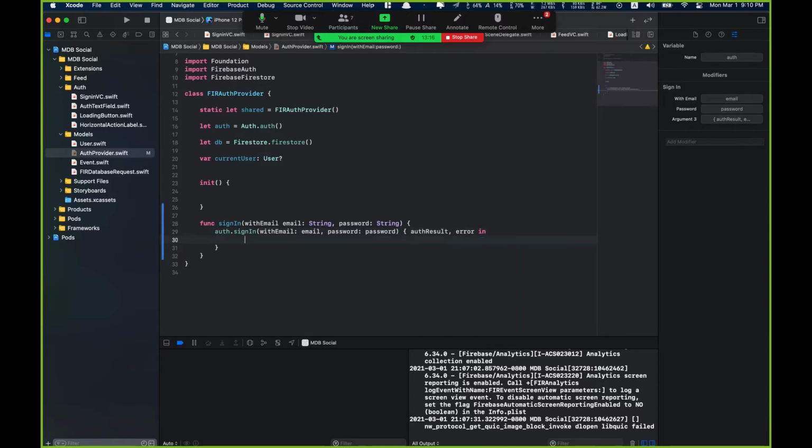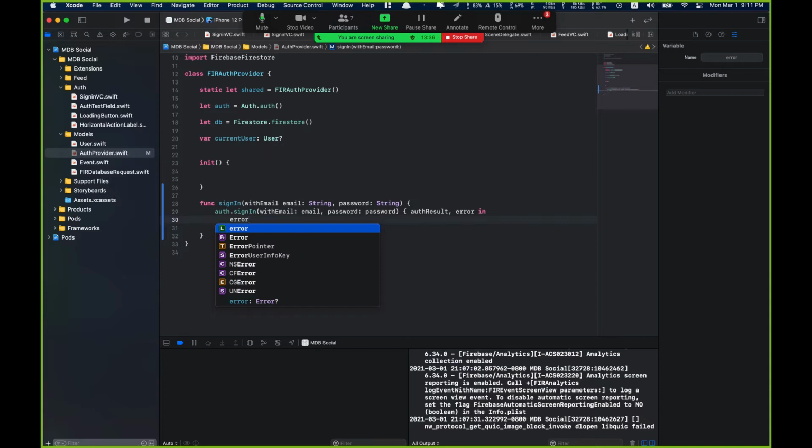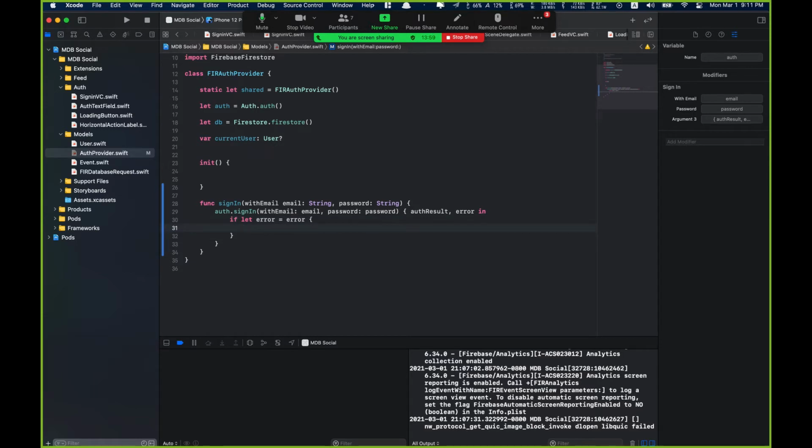We talk about handling errors a little bit more in depth in the video that just got released. But basically the basics are, you want to check whether error is nil, because if there is something wrong with the request, this error will come in as a non-nil object, and you want to catch that and terminate, because there's no point in going forward if there is an error. So we're going to say if that error equals error, we want to print that error, or in our case, we want to do something more specific than an error,